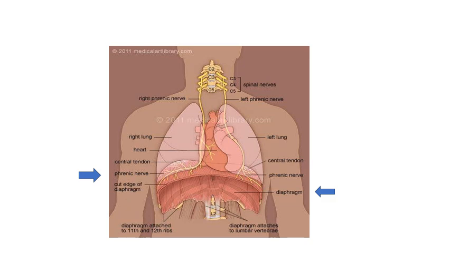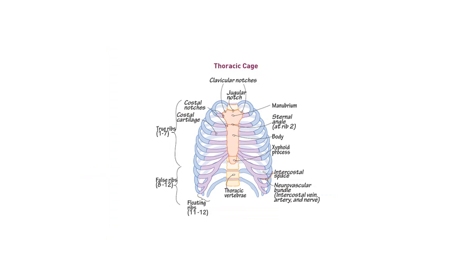Now in the next diagram you can see what is the diagram here. Again I have given one diagram, that is the thoracic cavity. Finally we have seen this lung is housed in the thoracic cage made up of ribs, and at the bottom of this thoracic cage there is a muscular structure that is called diaphragm.